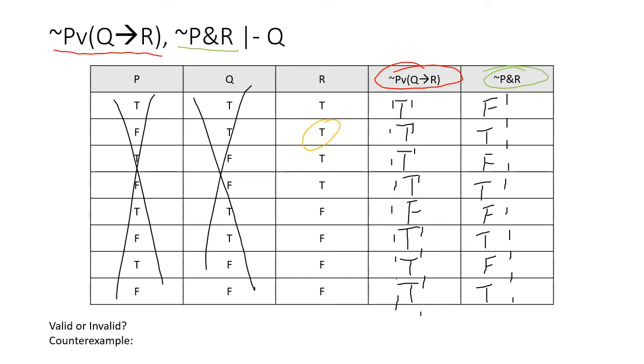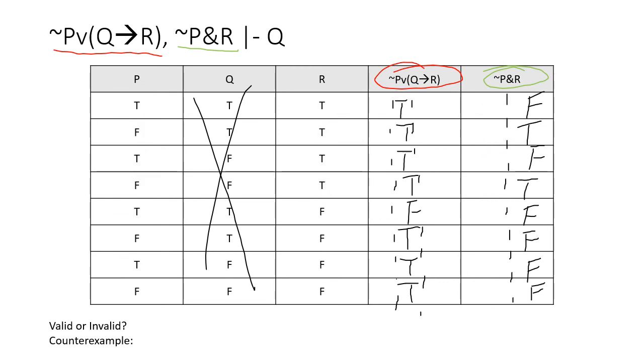Where are they both true? They're both true here, and they're both true here. And the rest of these are going to be false. So we can use this here. Don't need it anymore. And then our conclusion is this one right here, just the Q. So